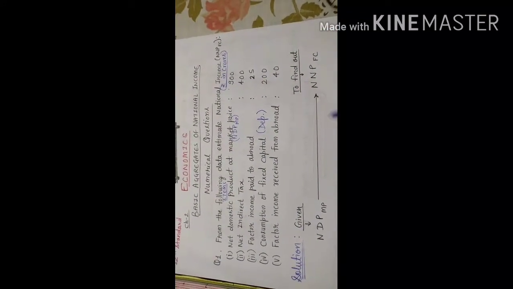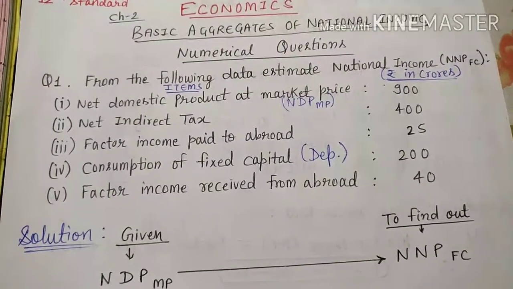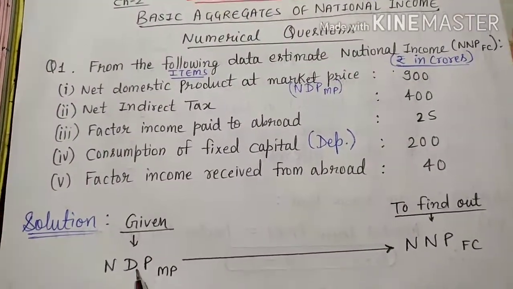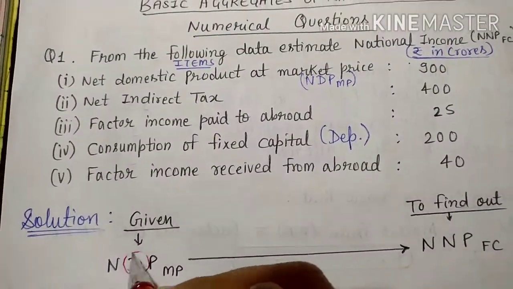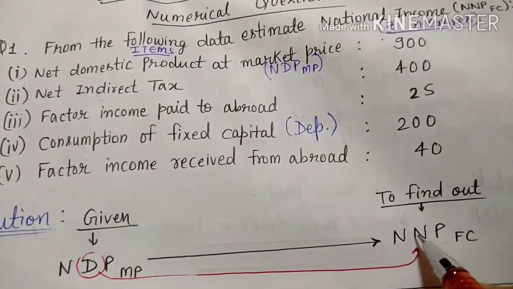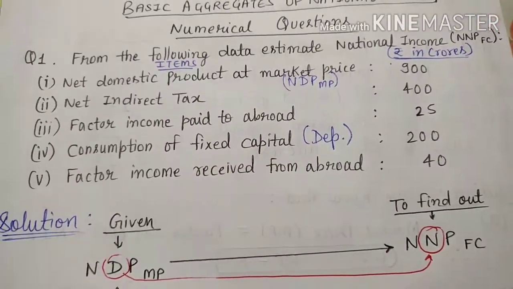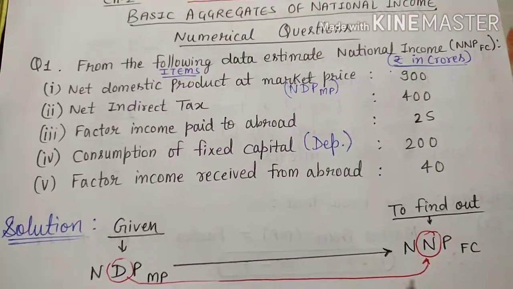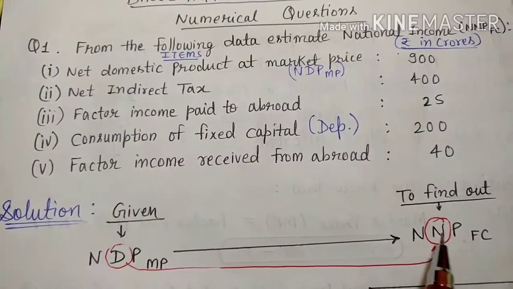Now just check what we already have. This N and this N, they both are the same here, so we don't need to convert anything. Now we need to convert this D into N. This D, as you can see here, we need to convert into N. Now what is this? You have learned that in the second place either domestic or national comes. So it means domestic is given. We have to convert this domestic into national.